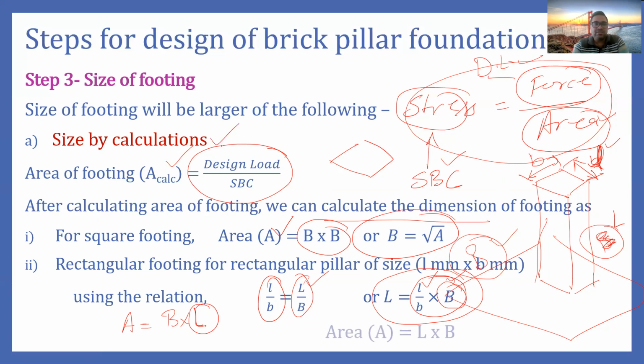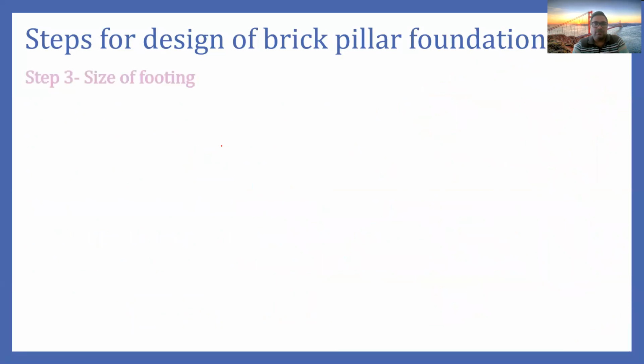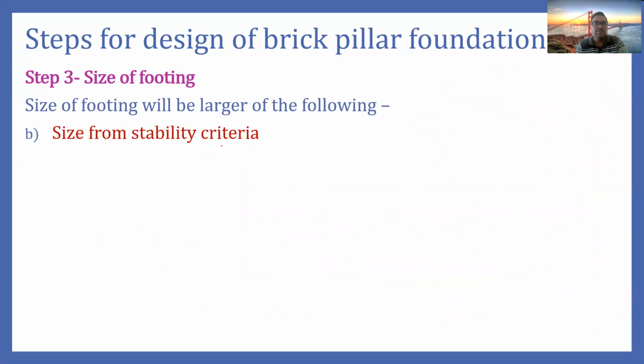Now, the second criterion is known as the size of footing by stability criteria. This stability criterion is more or less a thumb rule. In this case, again, if we have a square pillar,